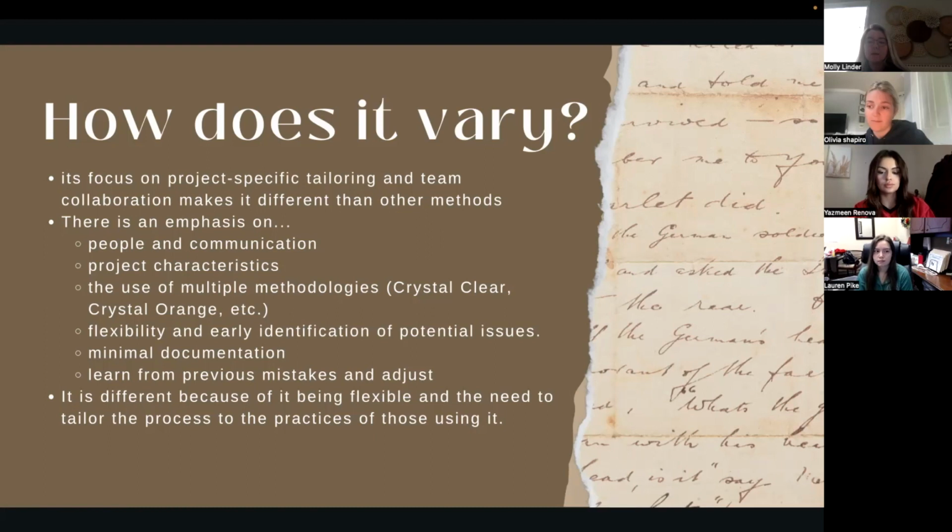This method allows teams to structure an outline, basically almost a framework, so that it can fit their team and their process the best. Also, the use of multiple methodologies. So, for example, the crystal clear, crystal orange, crystal yellow, and so on, and they're further broken down. The broken down methods are chosen based on the project size and the various characteristics that it embodies. Another one is the flexibility and early identification of potential issues, as well as minimal documentation, like what Olivia